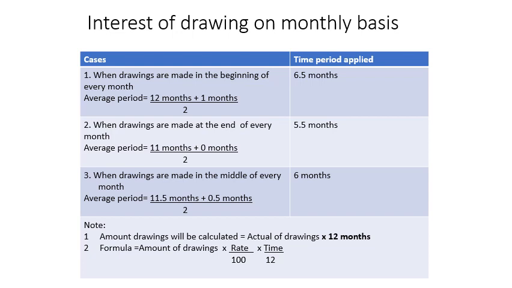And the last month is the 1st December. From 1st December to the 31st December consists of only 1 month. So you may take the first interval and the last interval time period and divide it by 2. Then it consists of 6.5 months. It will be applied as a time period for the beginning of every month.